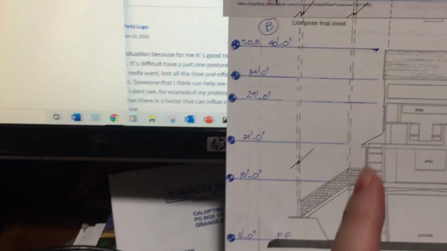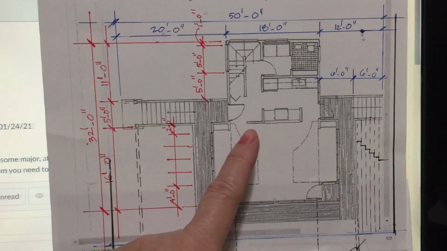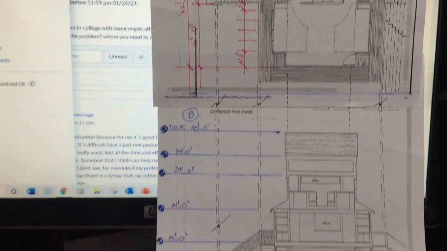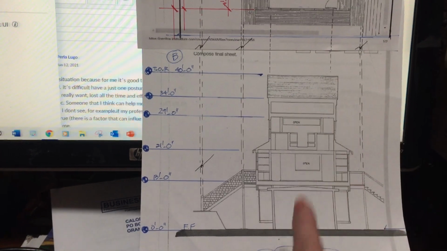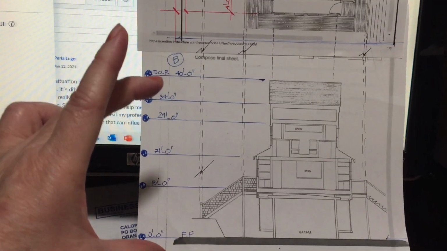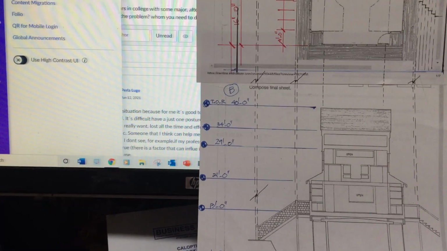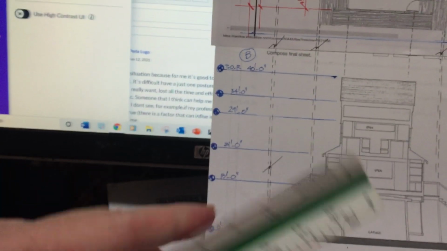So basically, when you finish the floor plan, you can project lines straight perpendicular to the finished floor when you want to draw the elevation. For the measurement right here, one more time, you use 1/8 to measure. This is 1/8